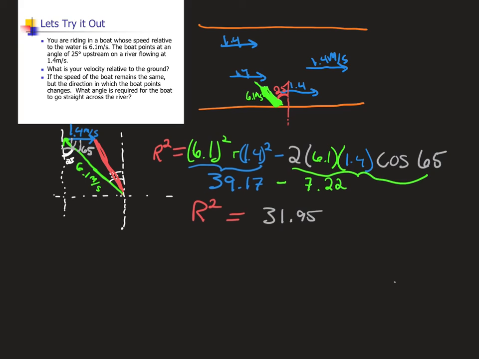But I need to square root both sides so that I get rid of the square there. By taking the square root, I am going to find that red part is 5.65